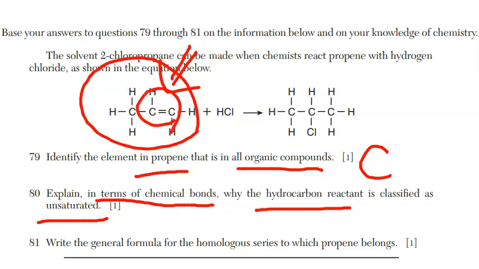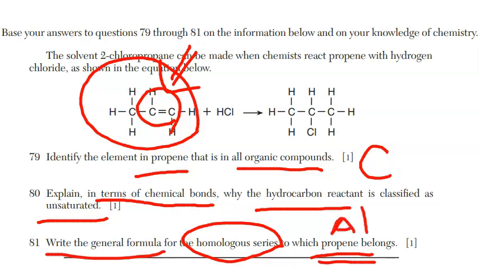And then finally in 81, write the general formula for the homologous series to which propene belongs. Homologous series, what in the heck? Remember, you have your reference tables. There are 3 organic chemistry reference tables. Homologous means that it's changing when I go from one member to the next by the same number of carbon atoms and the same number of hydrogens. All I have to do is look up the general formula